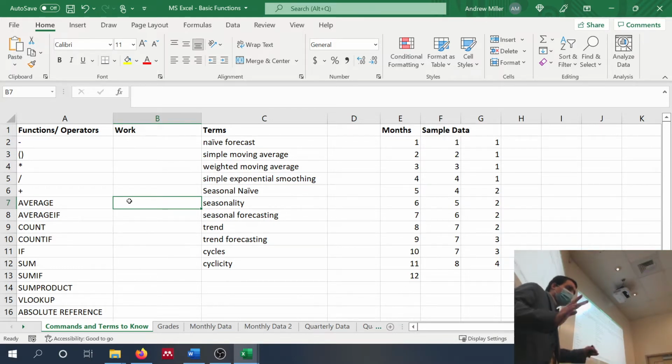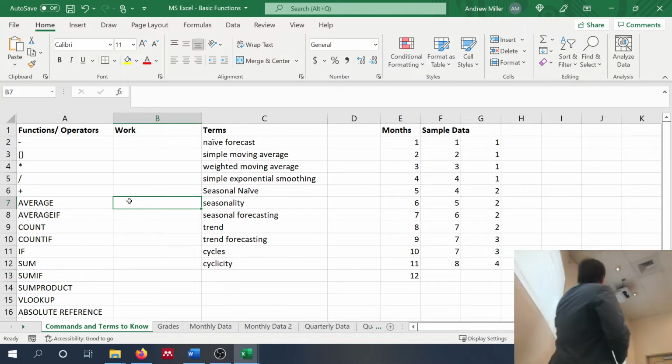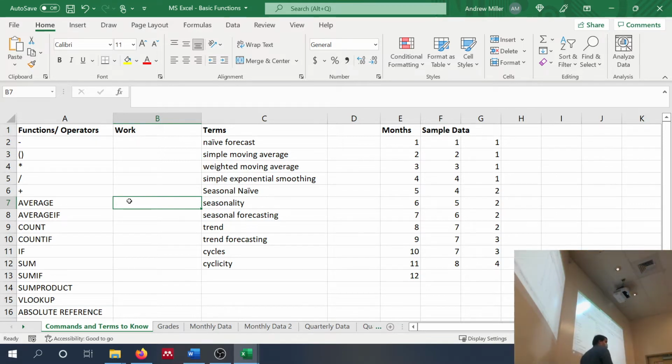All right, like I say, starting off slow. So we have different functions and operators. We're going to start off talking about operators. Operators are not a function, but they allow us to modify an equation according to what they do. So for instance, we have the minus sign. Is anyone brave enough to hazard a guess as to what the minus sign does? Subtracts.